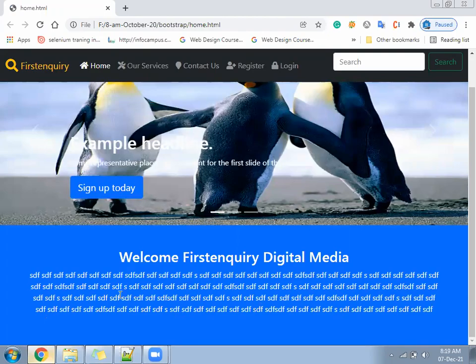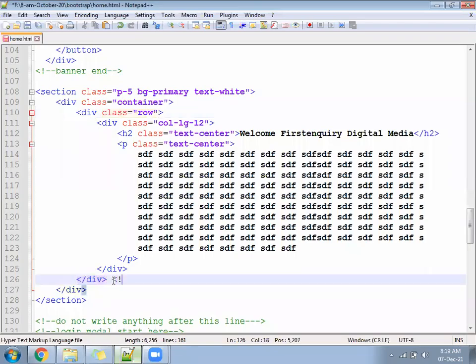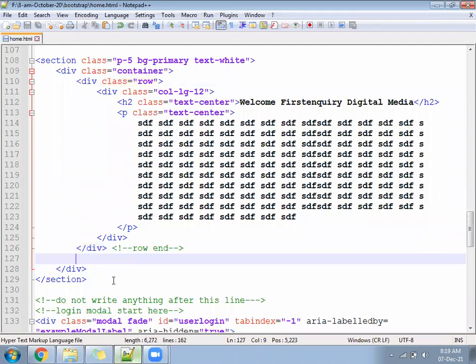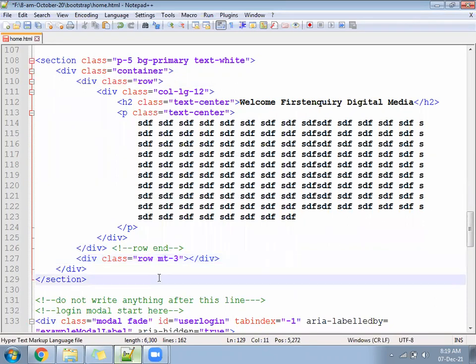The row is end. Here you can end the row. After the ending of the row, we'll create the next division, class equal to row and mt-3. Margin top 3 or maybe 4 you can write, with sufficient space.